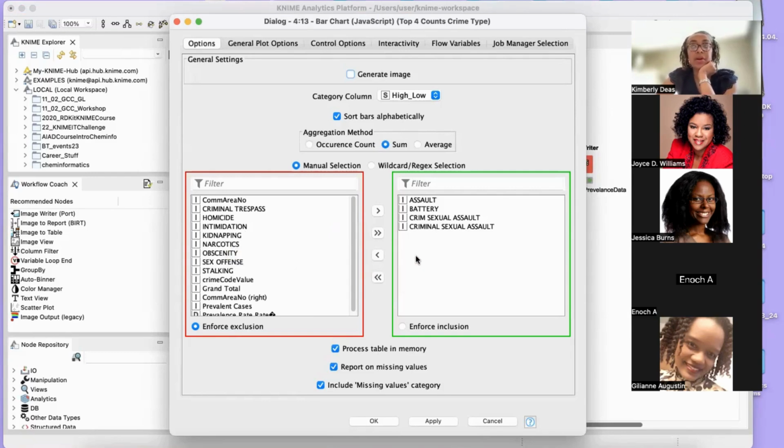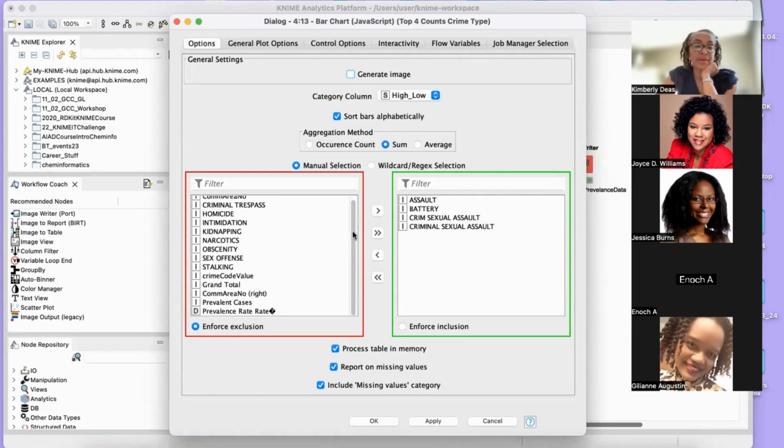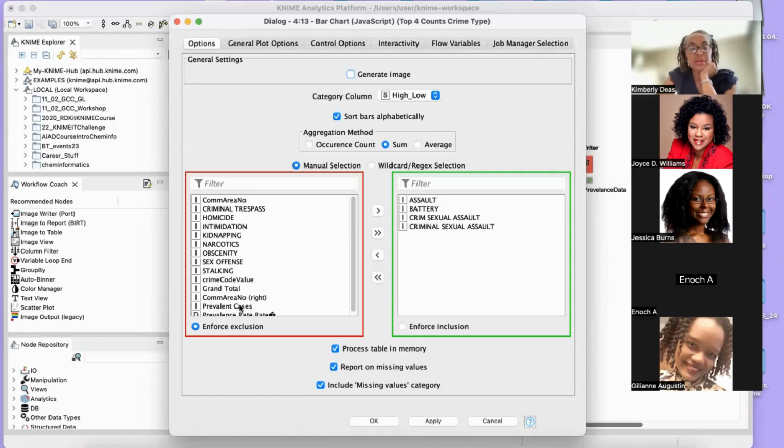So, we talk about how you want to clean data on the front end, or clean on the back end, and pick your columns on the front or the back. You can do it however you want, but this is just an example of how I can look at whatever columns I want to. The green being the columns that I'm going to look for, to map to HIV prevalence, and these are just the other crimes here, in addition to the prevalence cases.